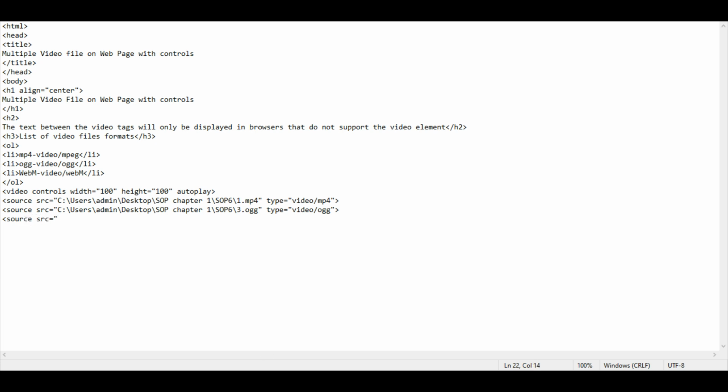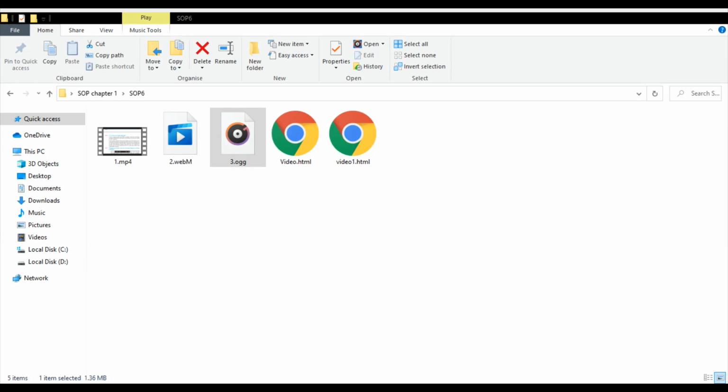We'll go back to the folder so we can take the file path from there. Okay, we are back at our folder. We right click on 2.webm. Open with. Sorry, not open with, my mistake. Go to properties, then go to security, object name. Control C. We'll go back to our notepad where we'll change our file and put in the file path.